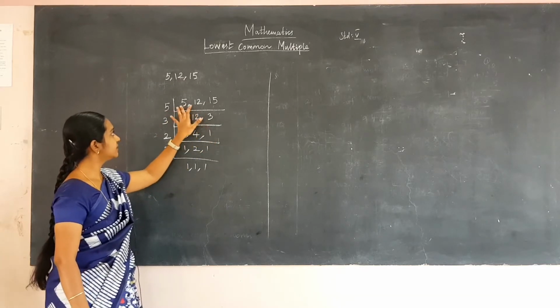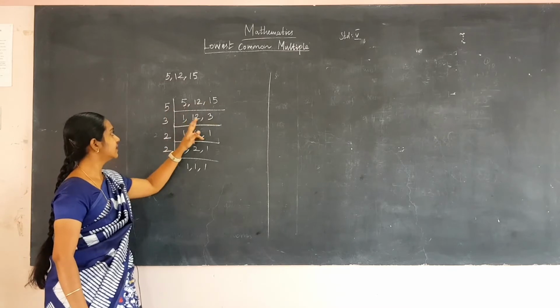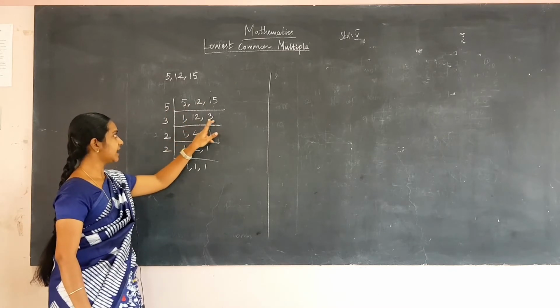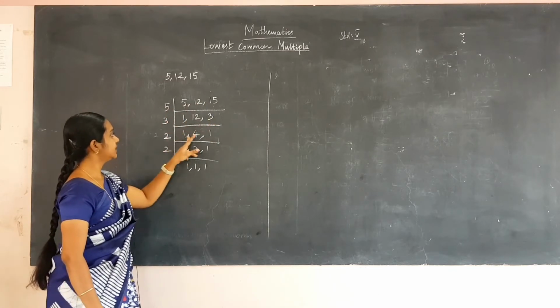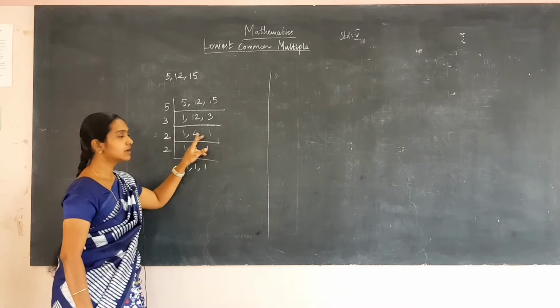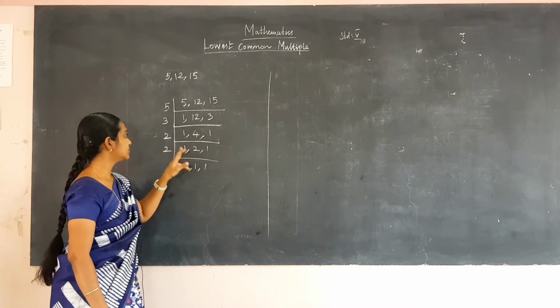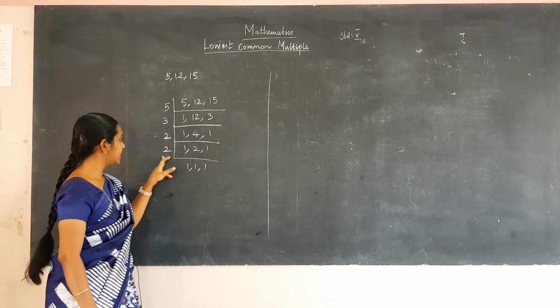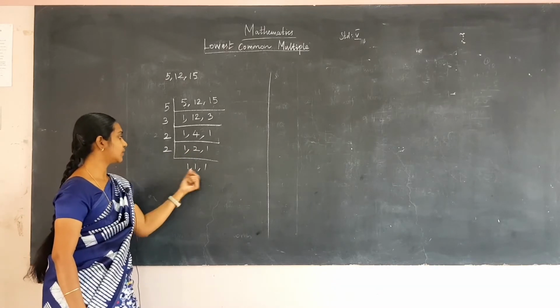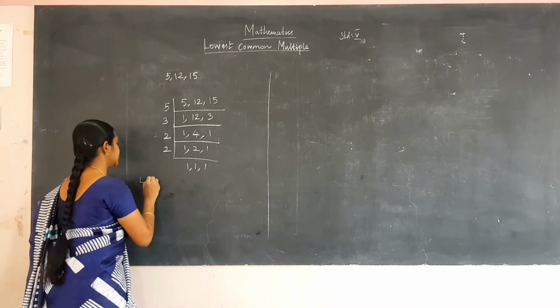But we have divided 5 and 15 with 5. Next, we have divided with 3. So, the answer is 4. We have to divide 4 with 2. We have got 2. Again, we have divided with 2. So, the answer is 1 1 1. So, the LCM is